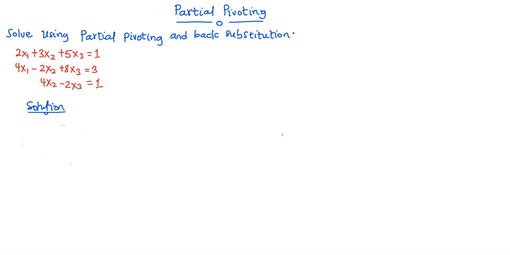Okay, so to do this, first of all, I'm going to write the equations in an augmented matrix form. So we're going to have the coefficient matrix to be 2, 3, 5. Then we have 4, minus 2, 8. Then we are going to have 0 here. Then we have 4, minus 2. So I'll then augment it with the right hand side values, which will be 1, 3, 1. Okay. So now let's look at how you're going to use partial pivoting and back substitution to solve this